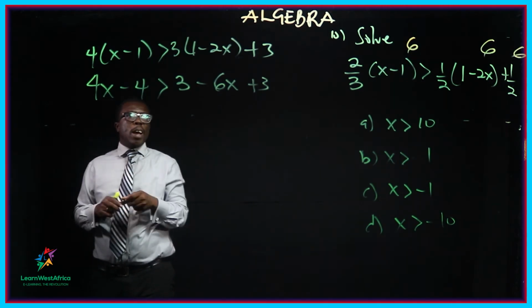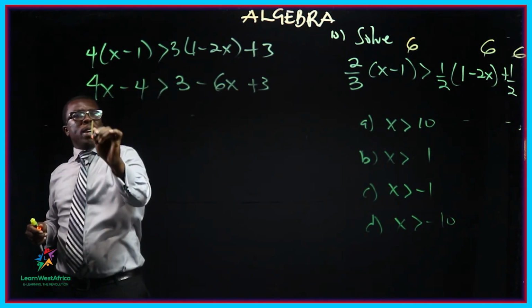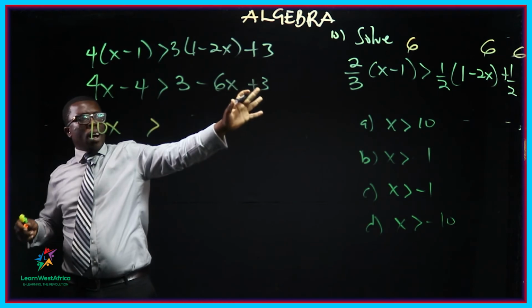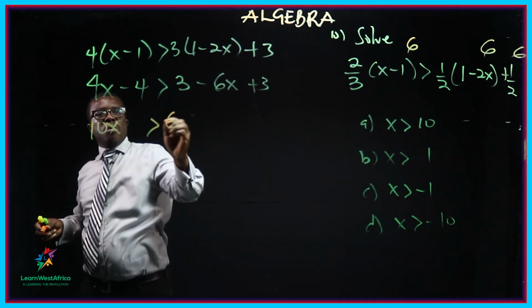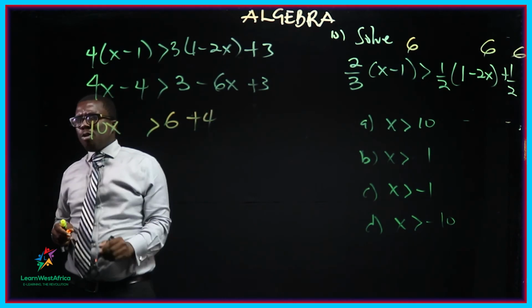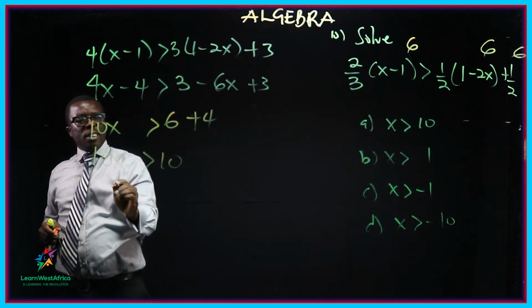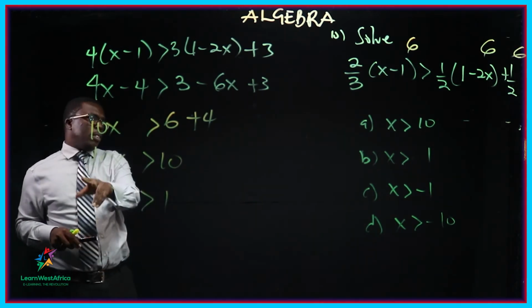All right. So now let's try and resolve them. We have 4x. Now do we have a count? 10x straight greater than... Now we swap 3 plus 3, so 6. Not plus 4. But also, 10x greater than 10. So our x is greater than 1. So the x greater than 1,